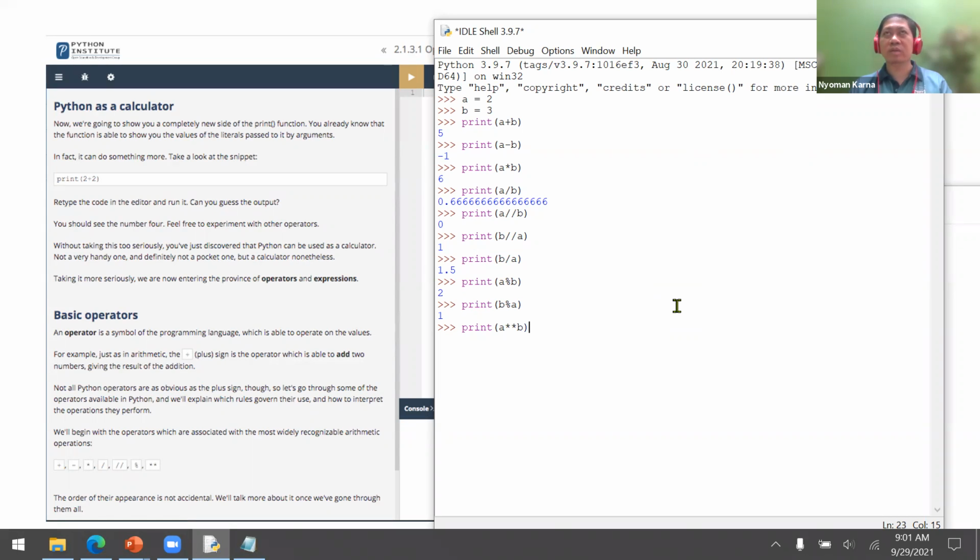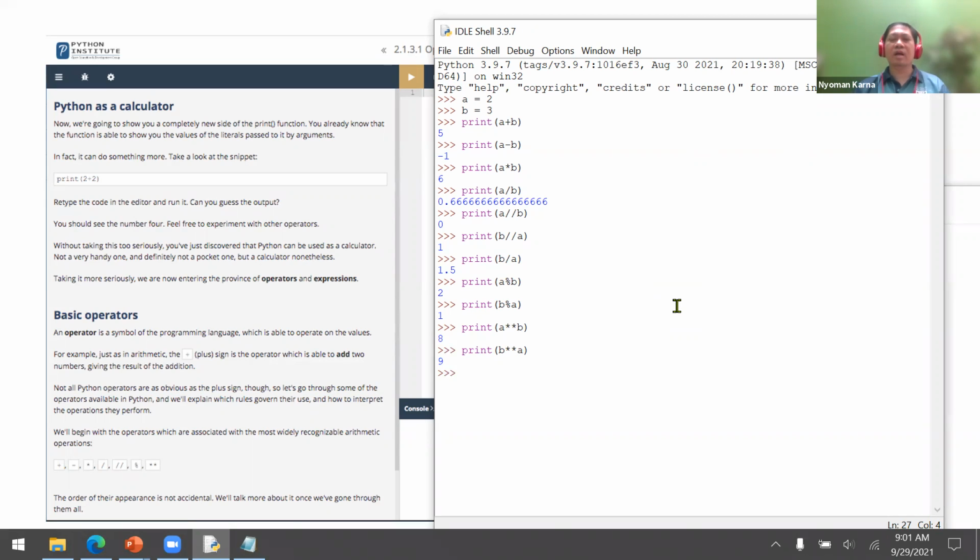So 2 times 2 times 2. So it will print out 8. Now how about B double asterisk A? So it will print out, what's the value of B again? 3. So 3 power of 2. So it will become 9.